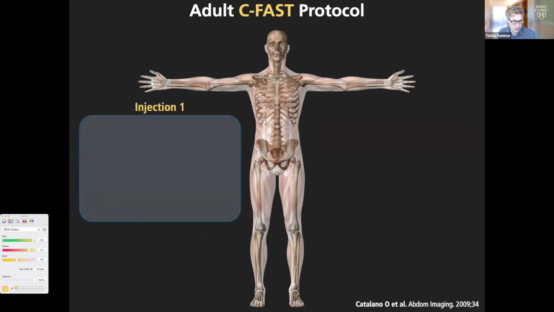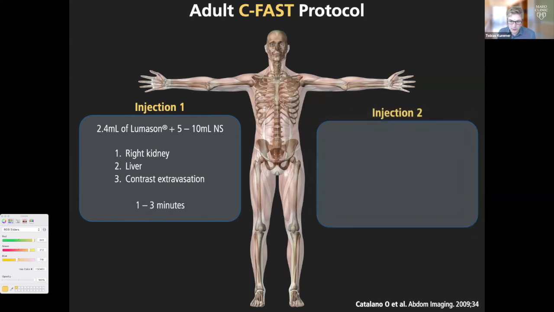We do 2 injections. We give half of the Lumason, 2.4 mL with a flush. Then we look at the right kidney, liver, and then we look for contrast extravasation if there's a positive FAST. Then we do a second injection on the other side, again 2.4 mL, and then we look at the left kidney, spleen, contrast extravasation. We do look at the pancreas at the end, but Aaron pointed out yesterday when we talked about it